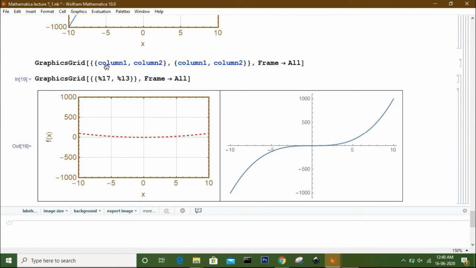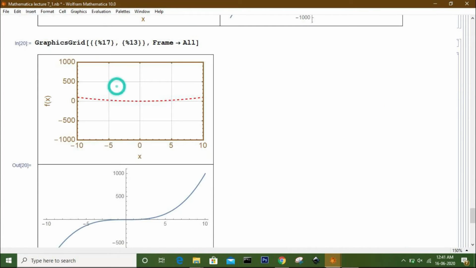That is, this contains the first row, this contains the second row, and each element of one row denotes a column. And if you want to show it in column form, put them in separate curly brackets like this.